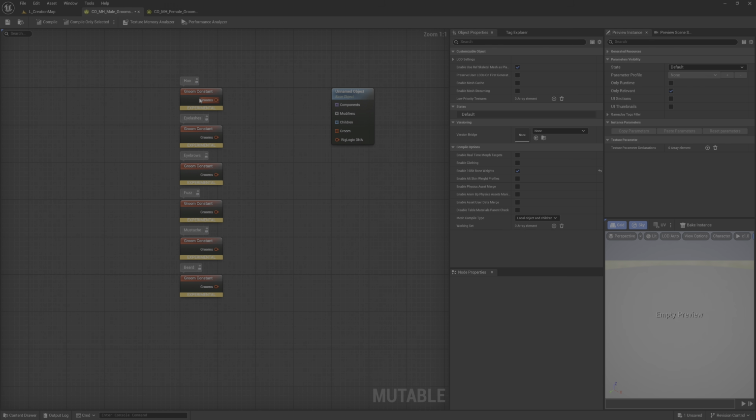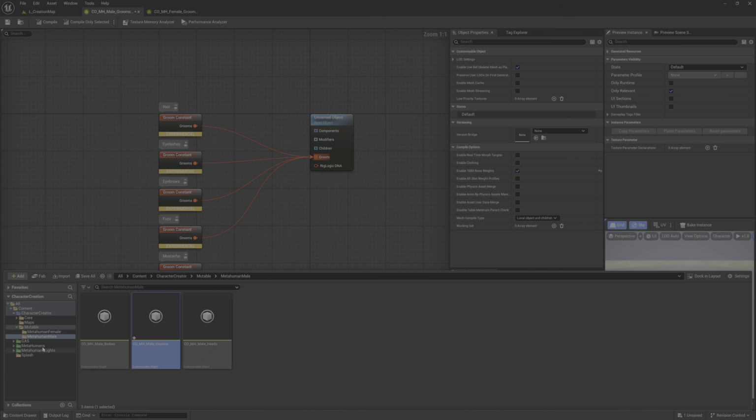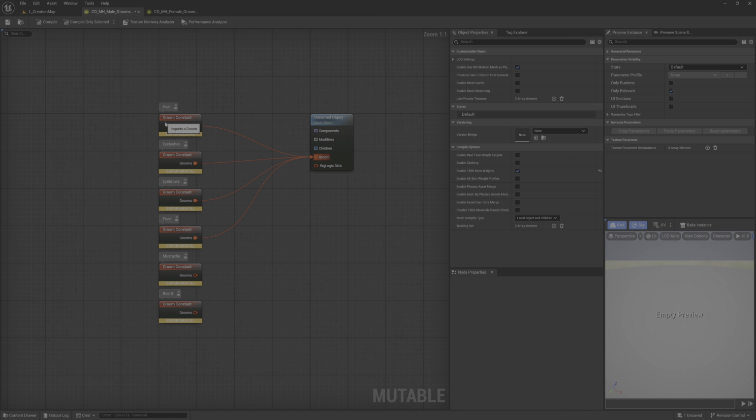Okay, there. 1, 2, 3, 4, 5, 6. Here: hair, brows, fuzz, mustache, and beard, but I will leave mustache and beard unconnected because my MetaHuman, this row, doesn't have a beard. And I will rename this to MaleGrooms.